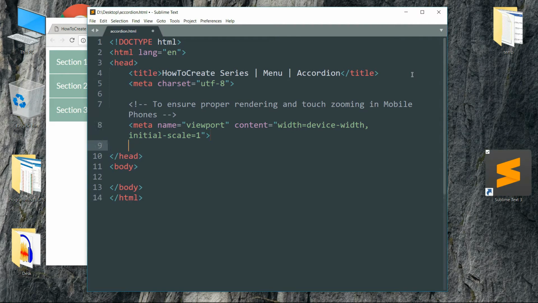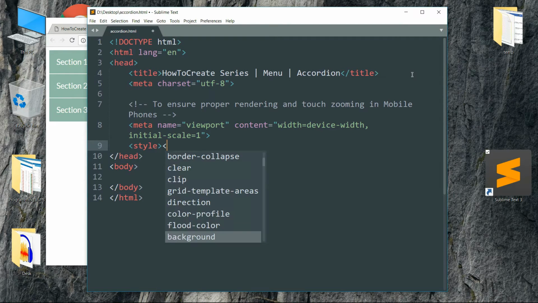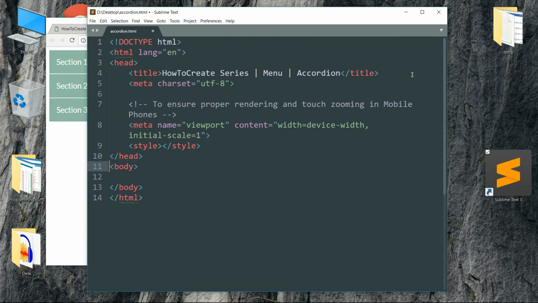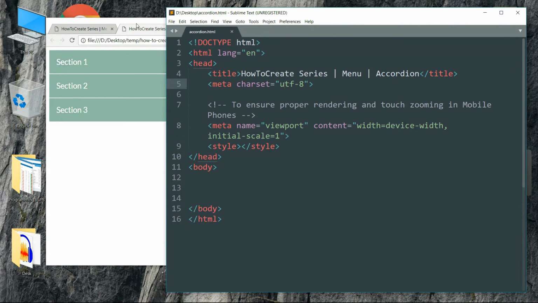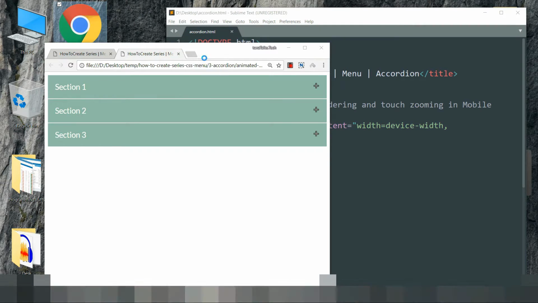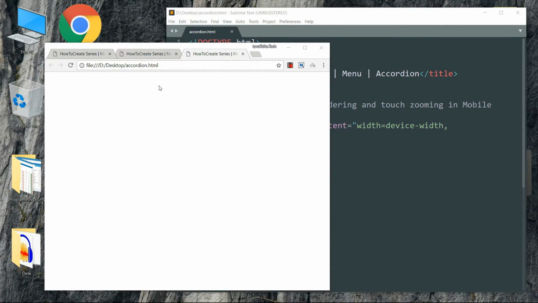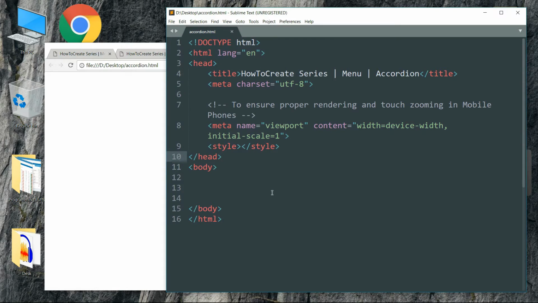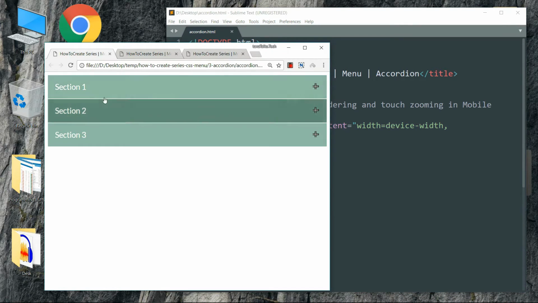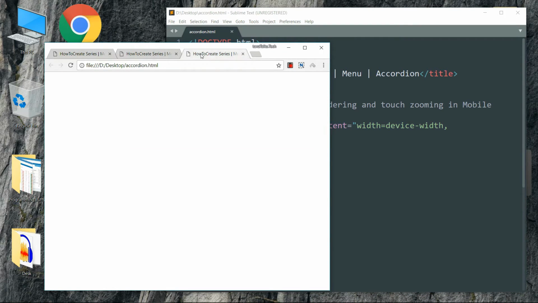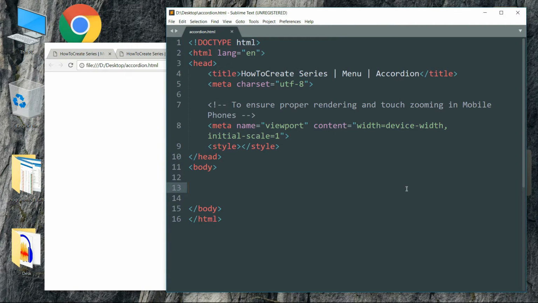Then create style tag, and we are going to write all of those CSS statements in between these style tags. So let them stay there for a while now, and get inside the body tag. And now let's open the file so that we can see the progress side by side. Okay, then create a button tag